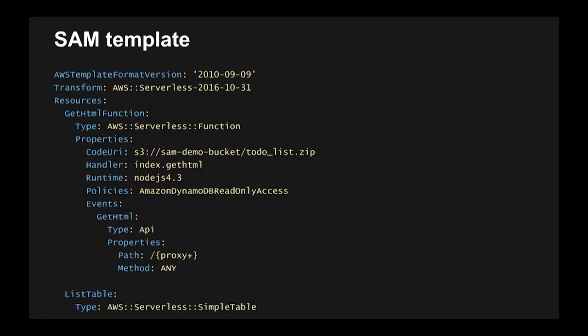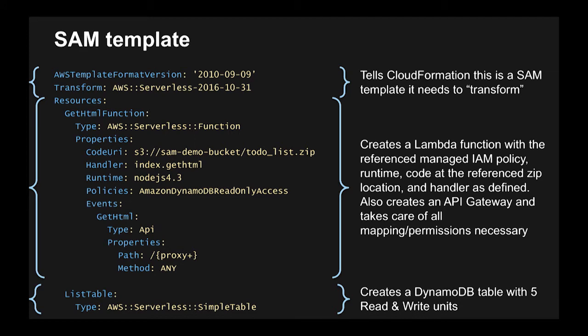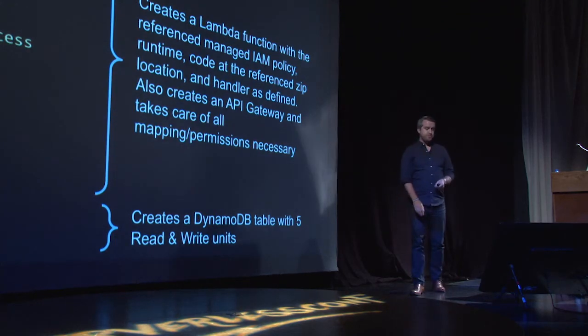So what does the SAM template look like? This is an example right here. So this is a really basic one. I'll break down again for you here what you're seeing. So at the top, what you have, and this is what makes SAM unique from other CloudFormation templates, is that we have what's called a transform. So transforms are a feature of CloudFormation. In this case, we're calling the serverless transform, which will allow this template that is shown here to actually be transformed into a full-fledged CloudFormation template by the CloudFormation service.